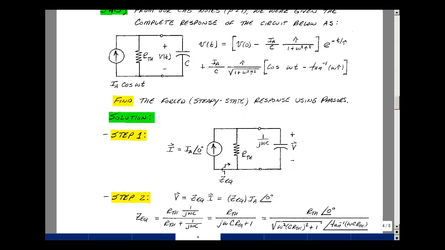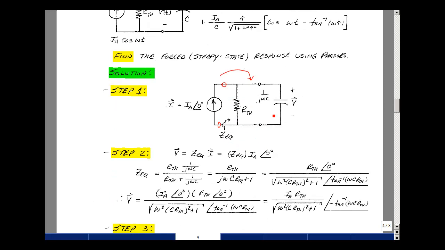One way to find that is to find the total impedance seen by these terminals of the current source, and then just multiply that by the current. You have the parallel combination of two elements. That would be the product over the sum, R Thevenin times 1 over j omega c, divided by R Thevenin plus 1 over j omega c. Multiply numerator and denominator by j omega c. That cancels with this, and you just get R Thevenin, and then you get j omega c times R Thevenin,